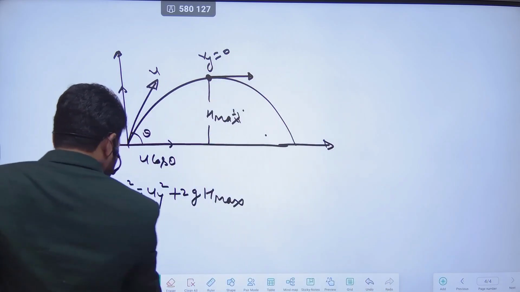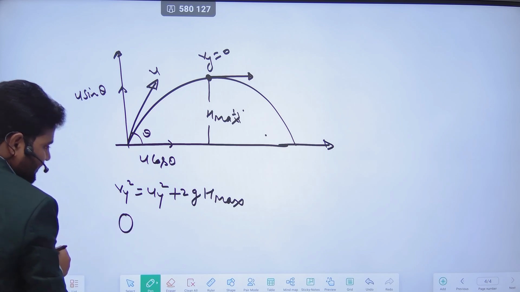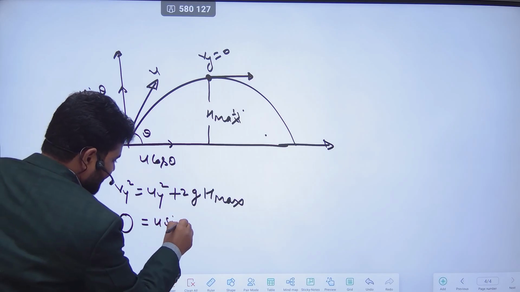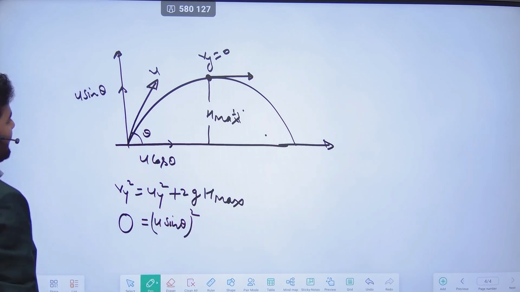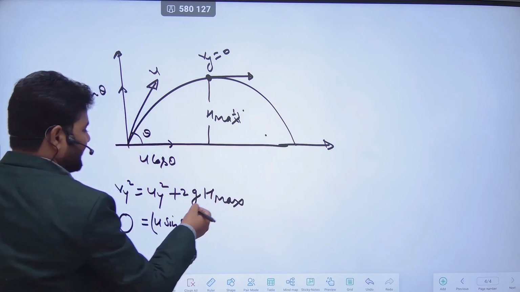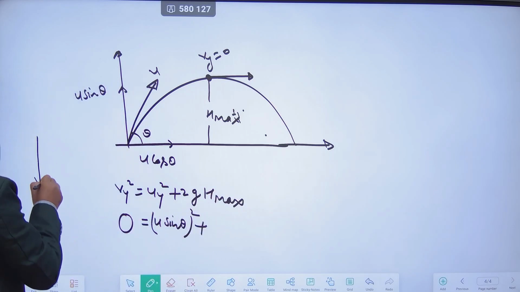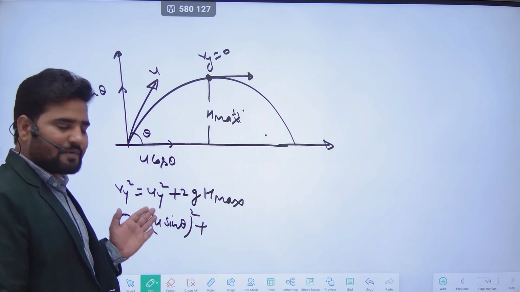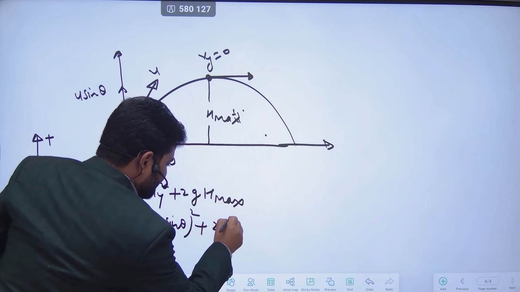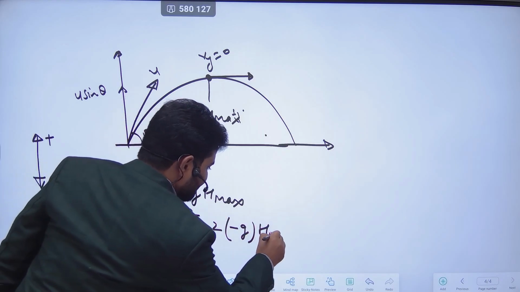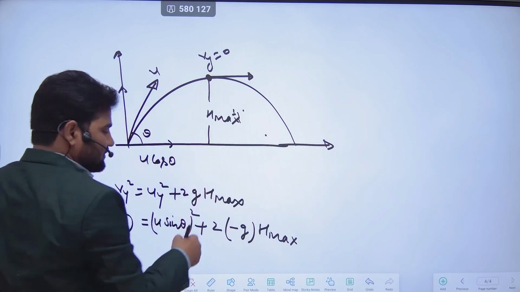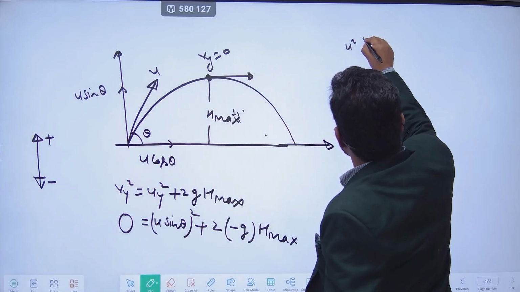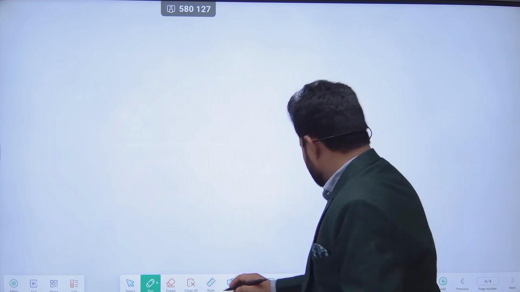So from this we can conclude that here we are putting 0, and Uy is u sine theta, squared, plus, and here again we are going to take the sign convention. In downward direction this is negative, and in upward direction this is positive. So here 2 and minus g and h max. H max is in upward direction,